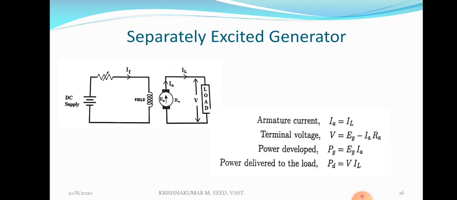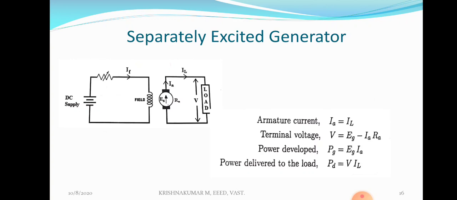It can deliver a current through the load, denoted as load current. Load current means current flowing through the load, denoted as I suffix L. Current flowing through the armature is denoted as I suffix A, armature current. An EMF is generated in the armature, denoted as E suffix G, where Ra is the armature resistance. The two thicker portions shown on either side of the armature are called brushes. Here there are two brushes on either side of the armature.